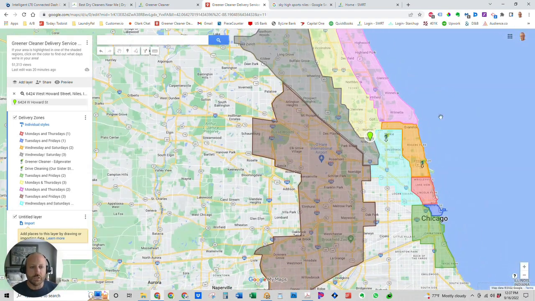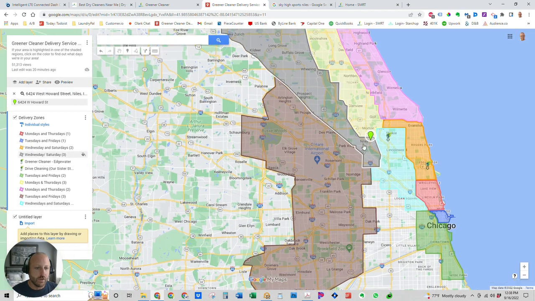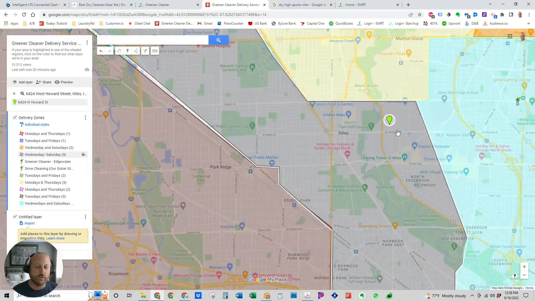And this visual representation just shows all the different routes that we have set up. We currently have 9 routes set up, and each color, as you can see over here by the key, corresponds to a specific route and specific days. So this address that's sitting right here in our green should be plotted right here on our Wednesday and Saturday